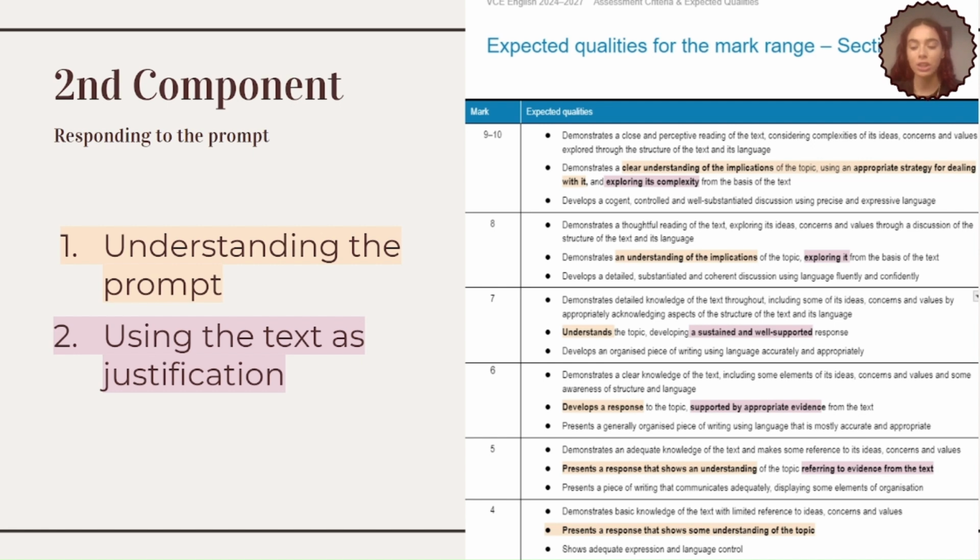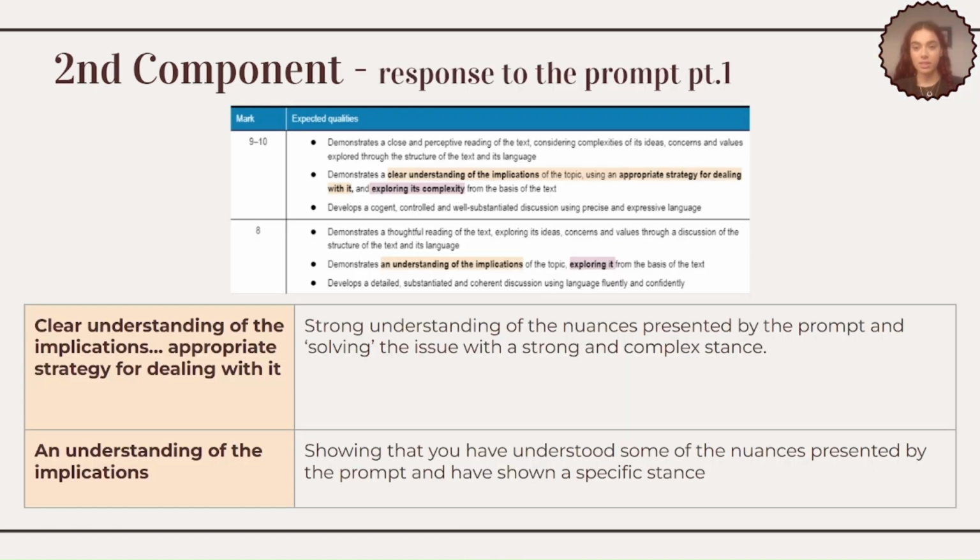Okay, so you've understood what is being asked of you and you've used the text to justify your response. So there's only 2 components of that second row. This is part 1 of this one because they don't all fit together. All right, so you have a clear understanding of the implications of the topic and you use an appropriate strategy